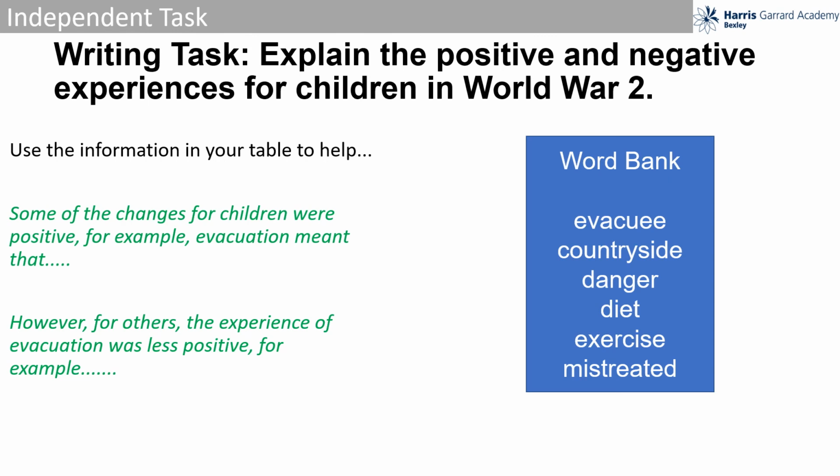So we've looked at the good things and the bad things that evacuees might have encountered during World War II and how they might have felt, what they've been through. We've listened to some interviews that were quite good and positive, but we've also looked at some letters that were quite sad. I want you to use the information in your table now to help you with your independent task. Your independent task is writing up, explaining these positive, these good, and negative, these bad experiences for children during World